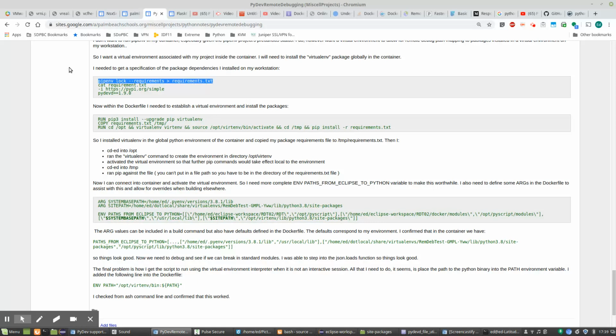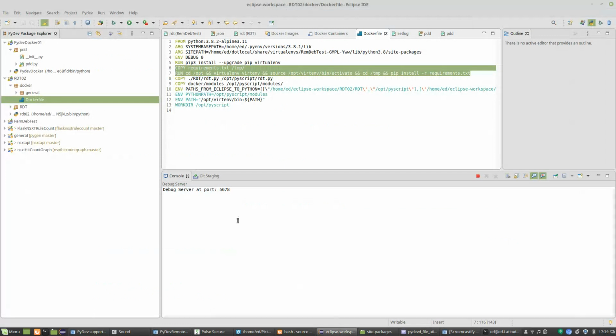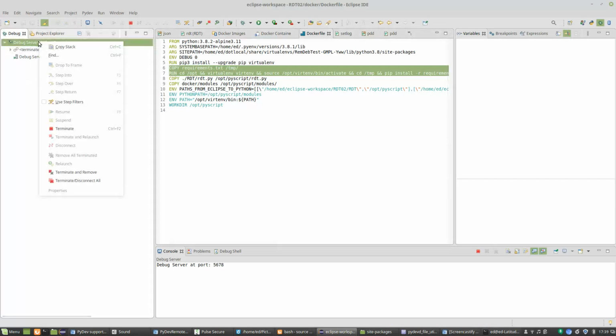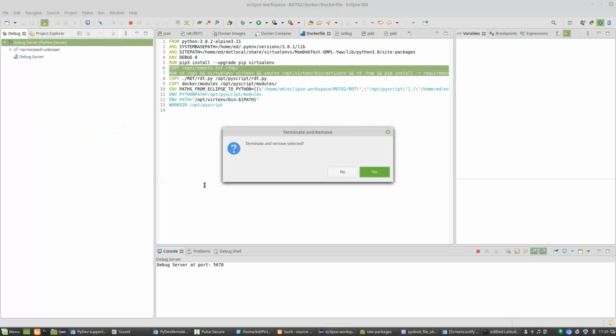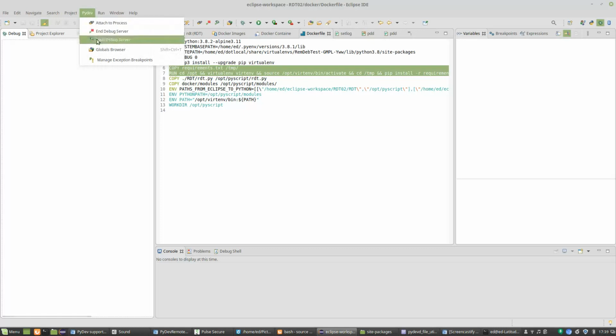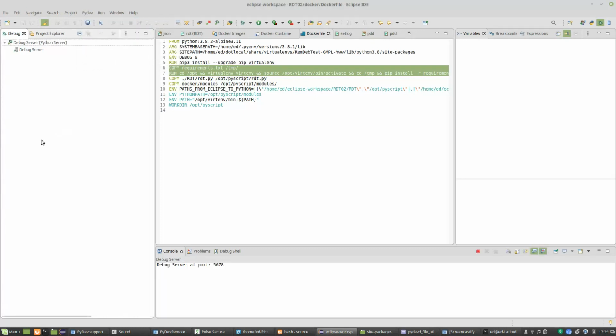I'll just show you that. We're in Eclipse. We go into the debug view, and I can terminate and remove, I think. Okay, what I can do is I can start the debug server for PyDev, and this is now listening on port